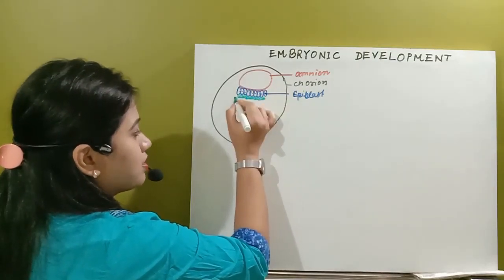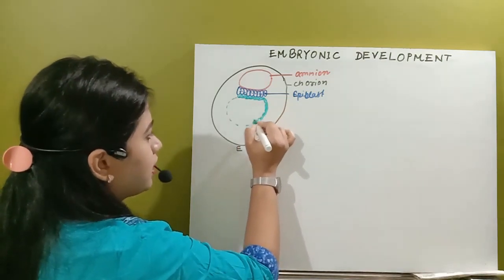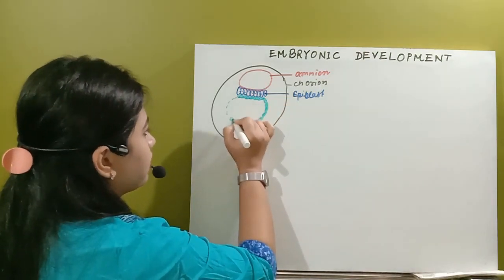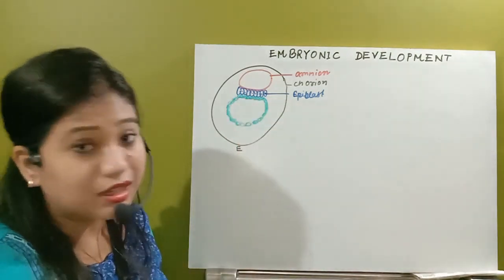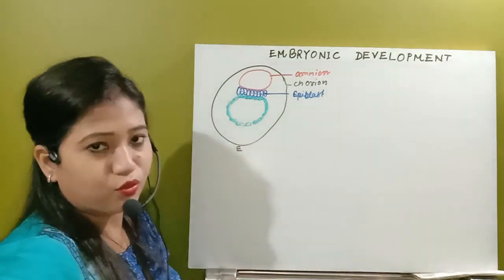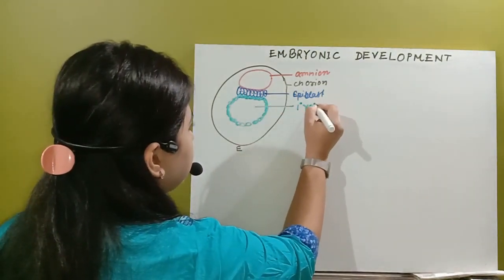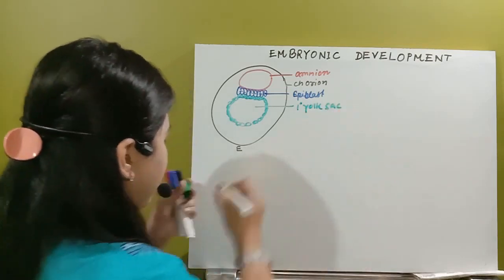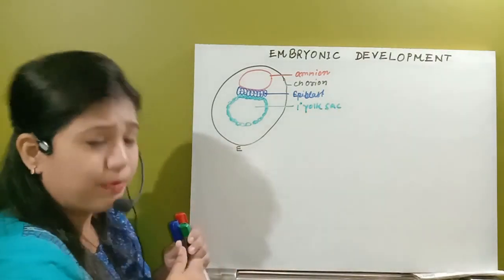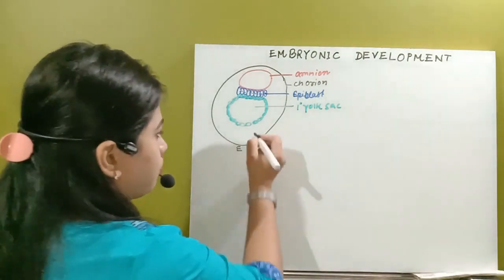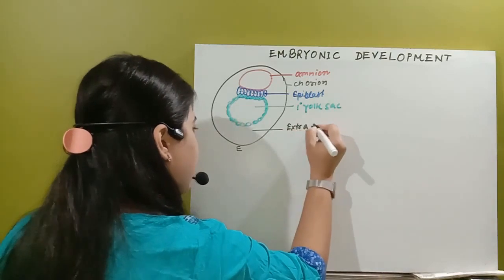Those cuboidal cells will form another cavity, the primary yolk sac, and gradually it will start to decrease. Whenever it is decreasing, it will be known as the secondary yolk sac. So here this is the primary yolk sac, and the space in between the chorion and the primary or secondary yolk sac is known as the extra embryonic